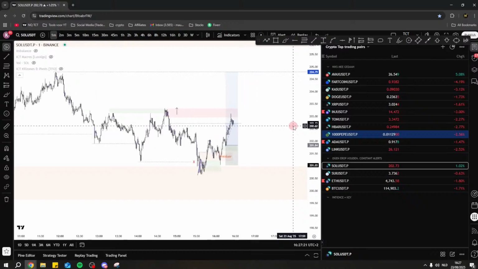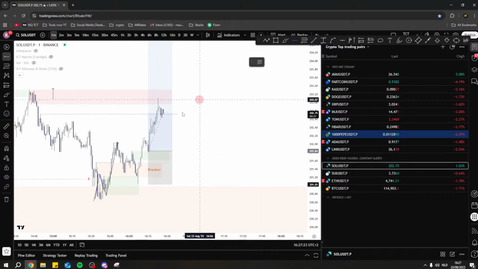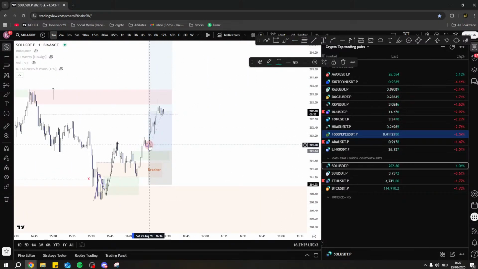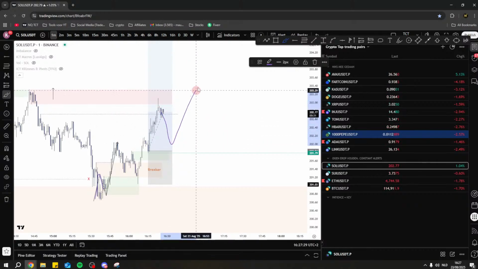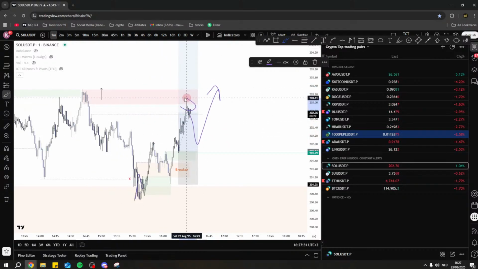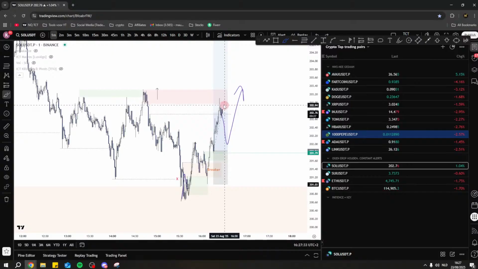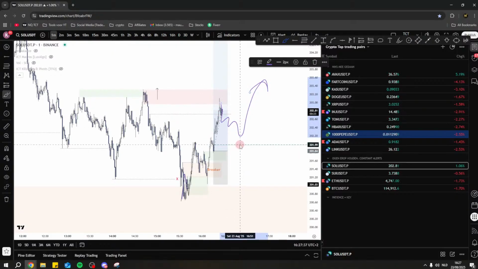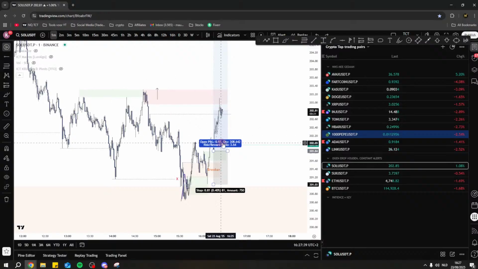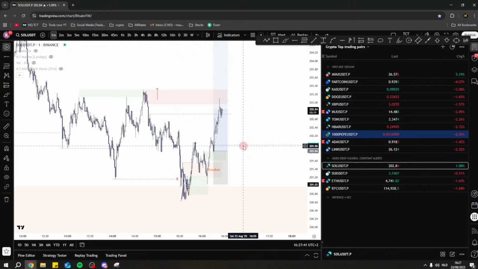Alright, that was Solana. Locally up until proven otherwise. Reaction here makes sense, but we could just start squeezing up. Hold this pullback and we can just expect higher, no problem.